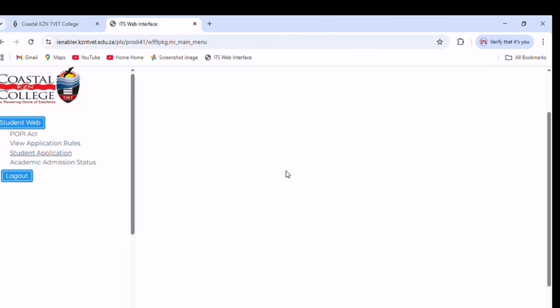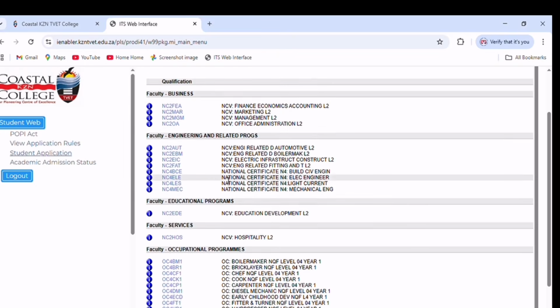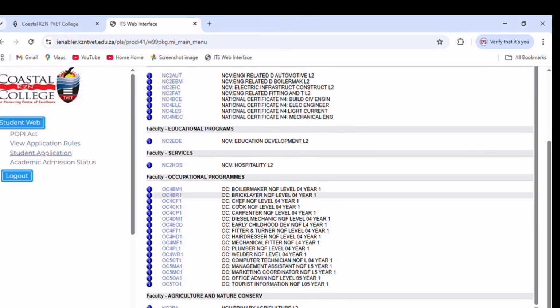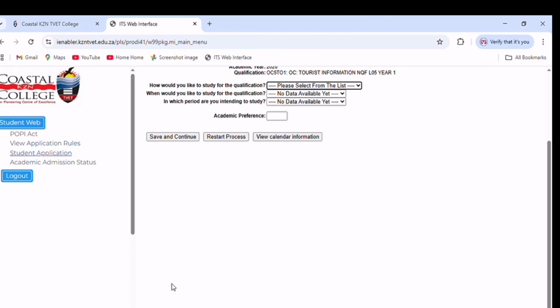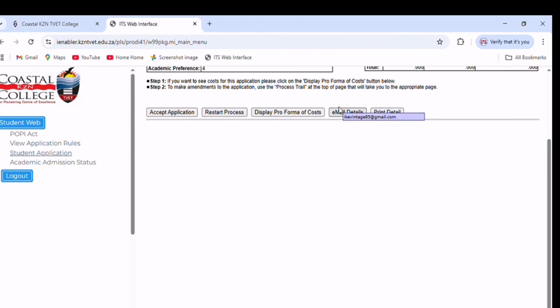So yeah, this is how, guys, you apply. Already I have added 3 choices. Let me just add the 4th choice so that you can see what is going to be written there, because this college is only allowing 3 choices. So let me just try to add the 4th choice so that you can see on your own what is going to be written, so that when you experience this you don't get surprised, guys, because you are here to learn, right? So you are here to learn. Let's see,